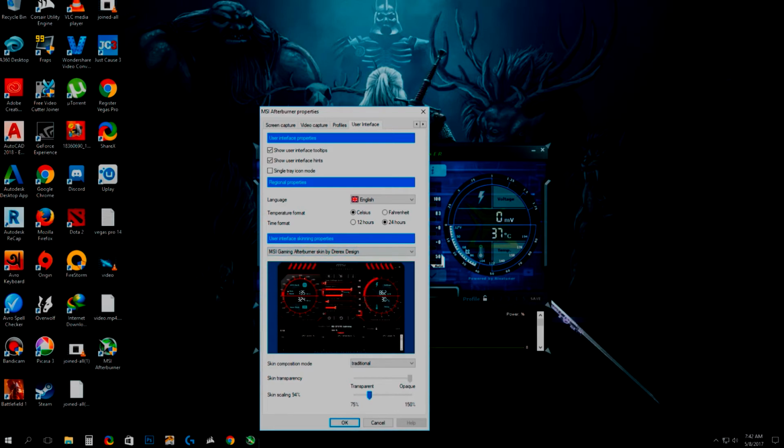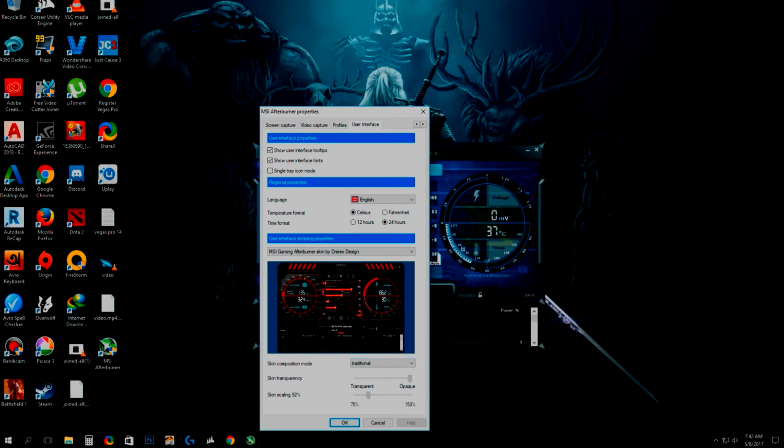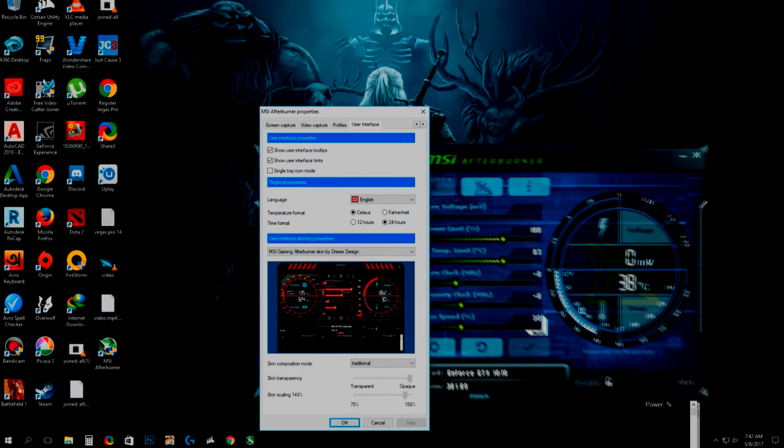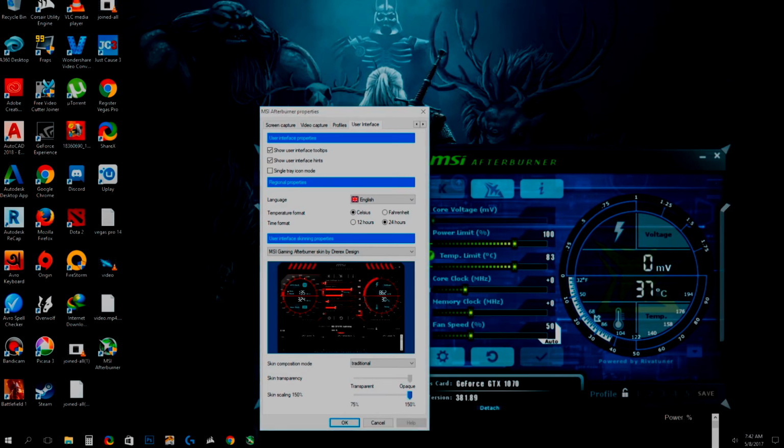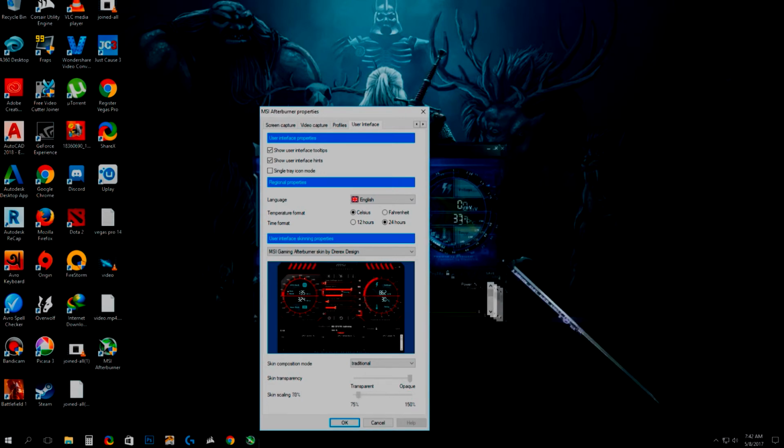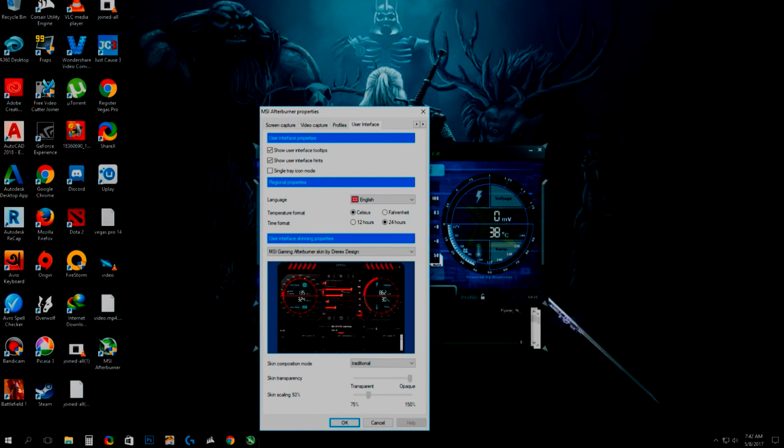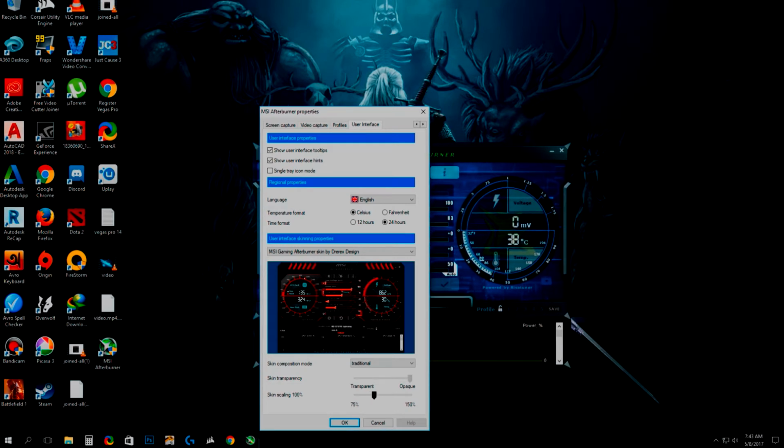This is the MSI themed skin for the Afterburner. And this is the option for transparency. If you want your Afterburner to be big, click 150%. You can see the Afterburner is so big now, or you can use it very small or at average size. I prefer to use the Afterburner at average size, so I'm putting it on 94%, or 100%. This is the default actually. And if you want to save all the settings, just click OK